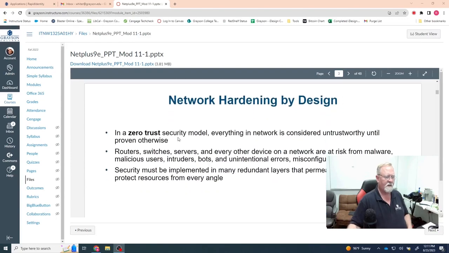Zero trust. In that security model, everything on the network is considered untrustworthy until it logs in, authorizes, or proves itself otherwise. Routers, switches, servers, every device on the network are at risk from malware, malicious users, intruders, bots, or unintentional errors. All of those things are possible, so zero trust is actually a very accurate model. Security must be implemented in redundant layers because that's the only way to protect the network and keep it from accidental malfeasance or